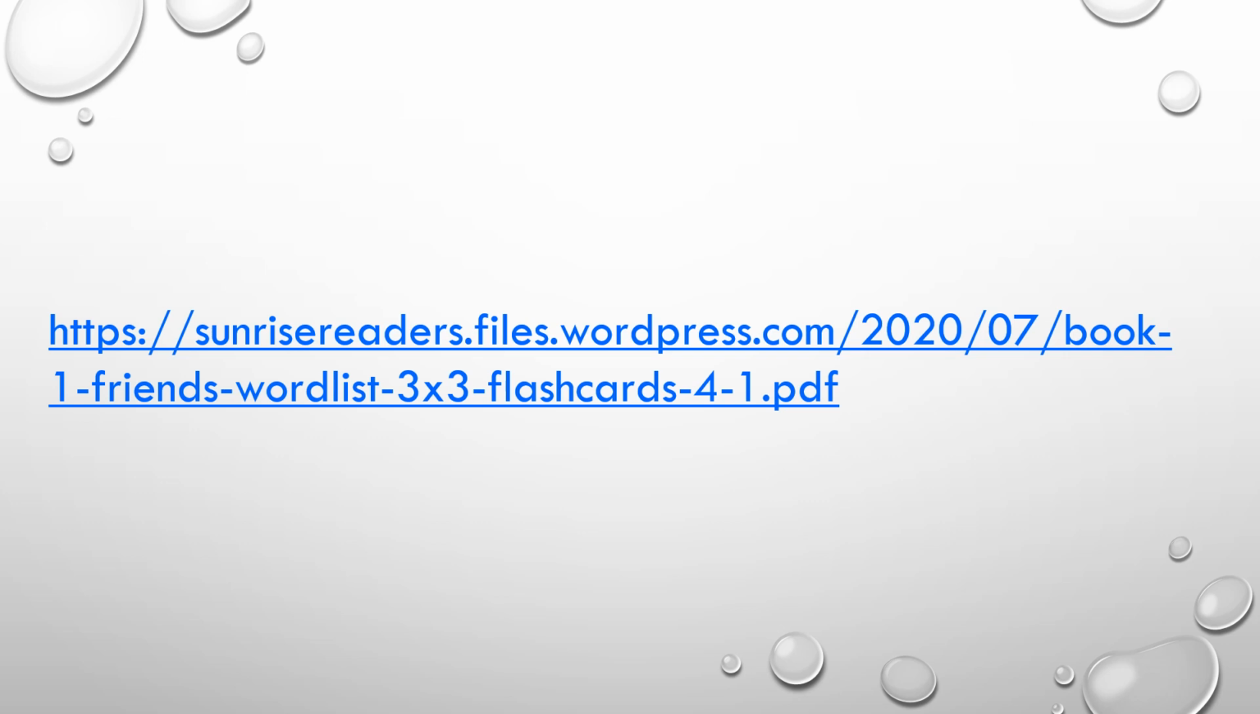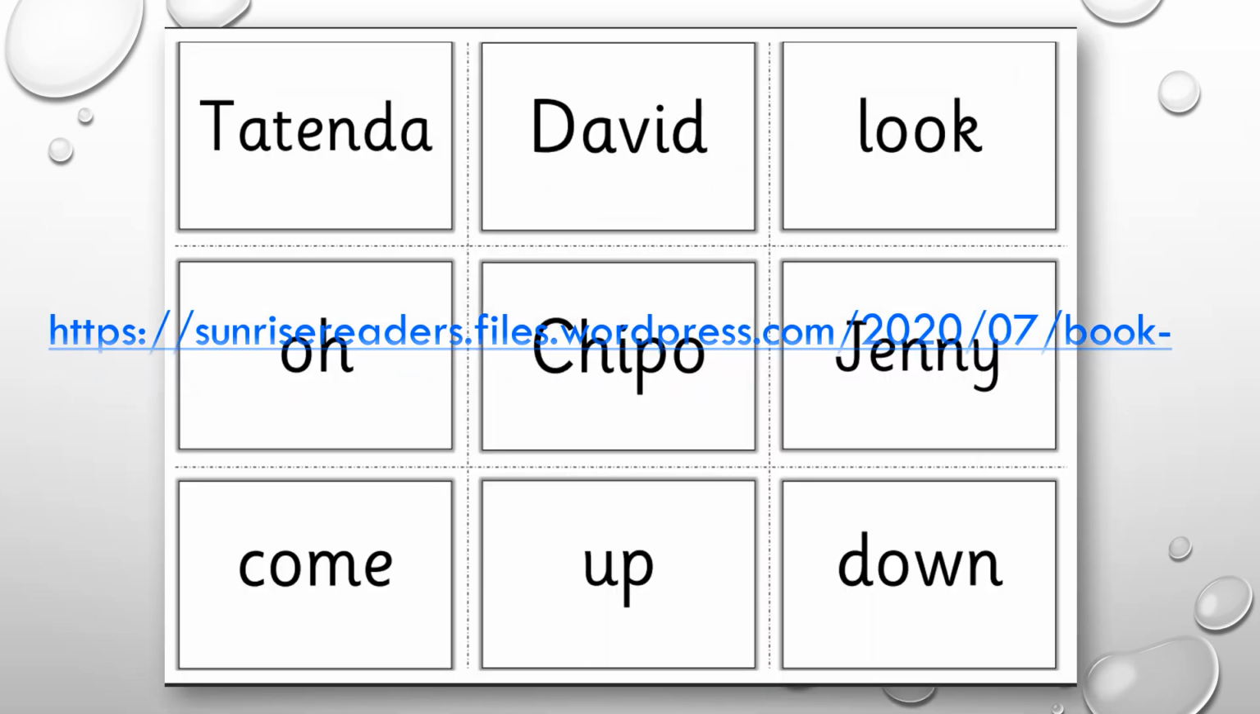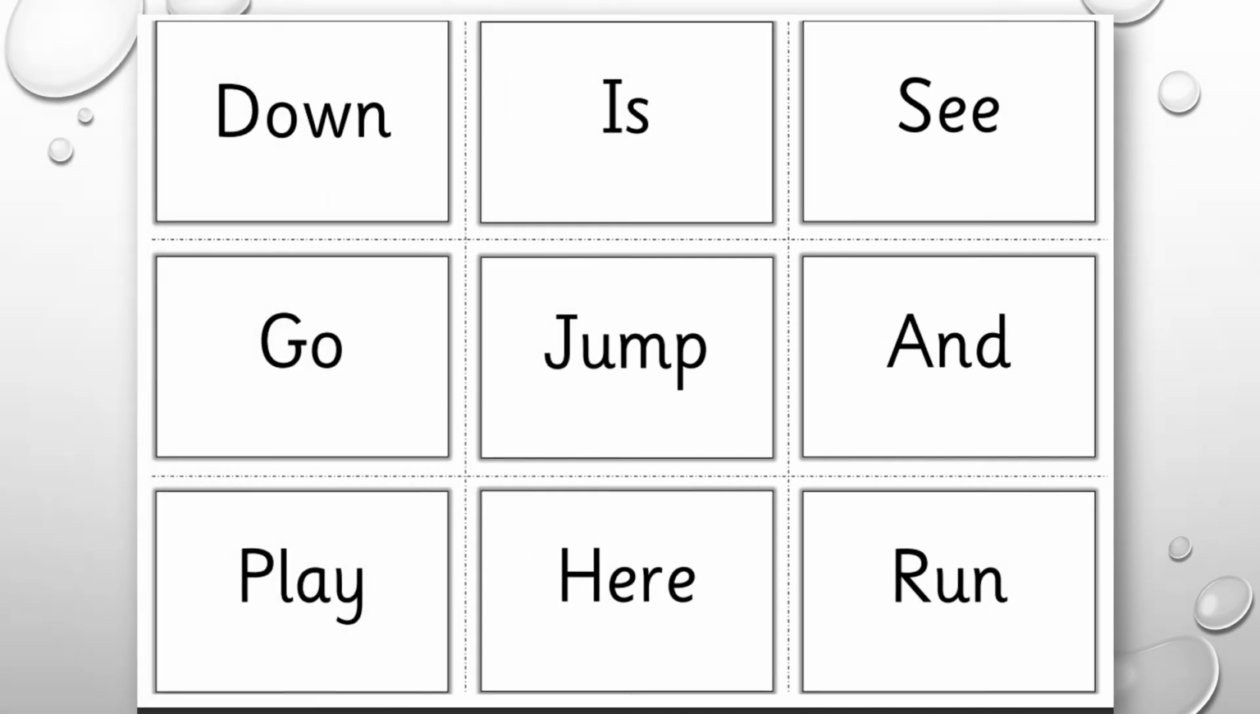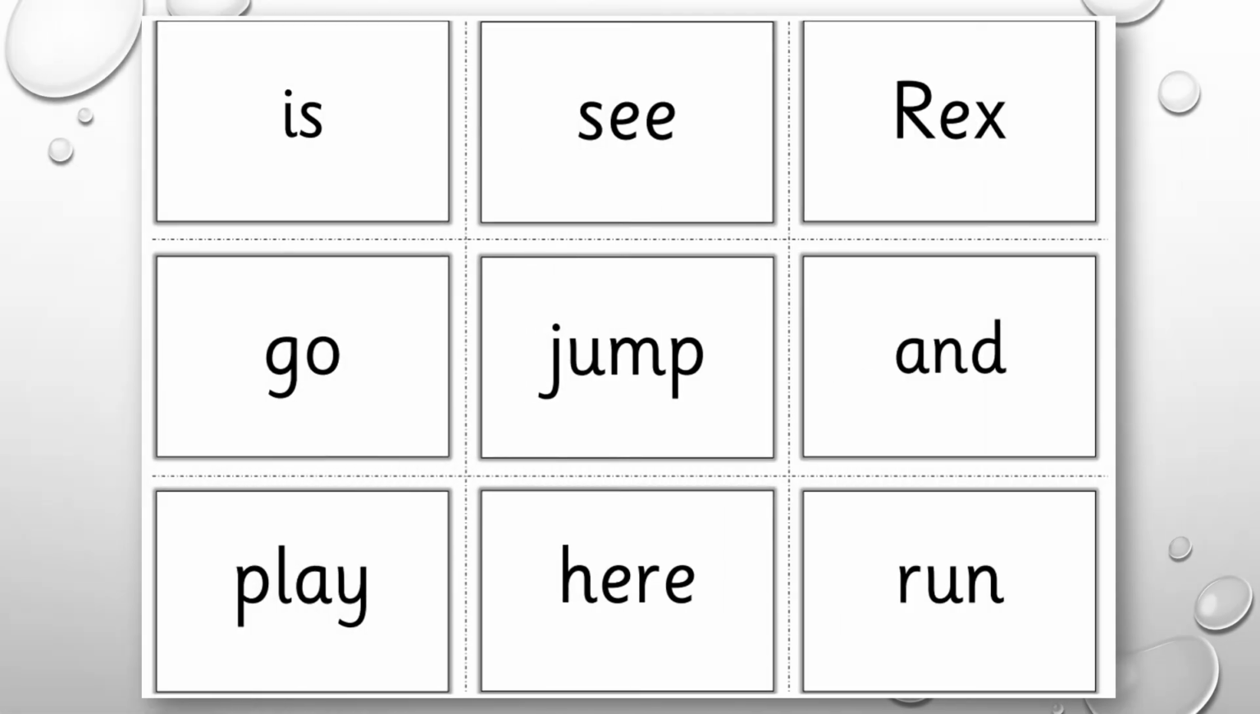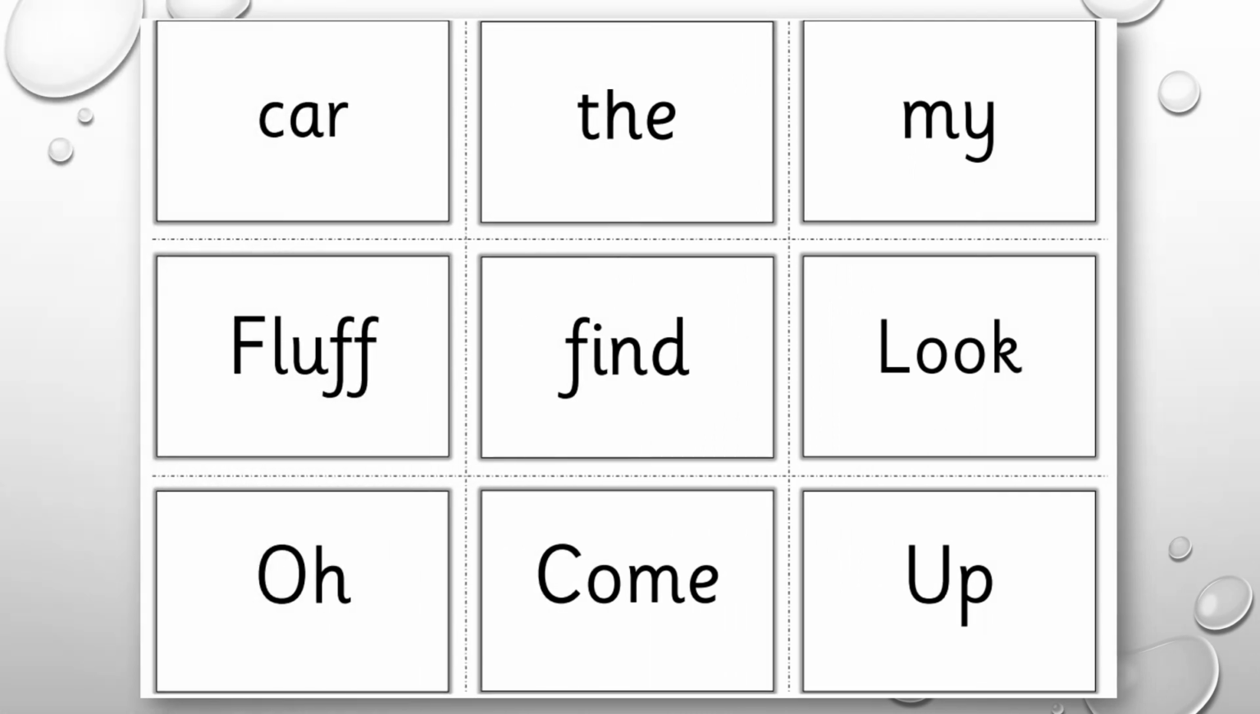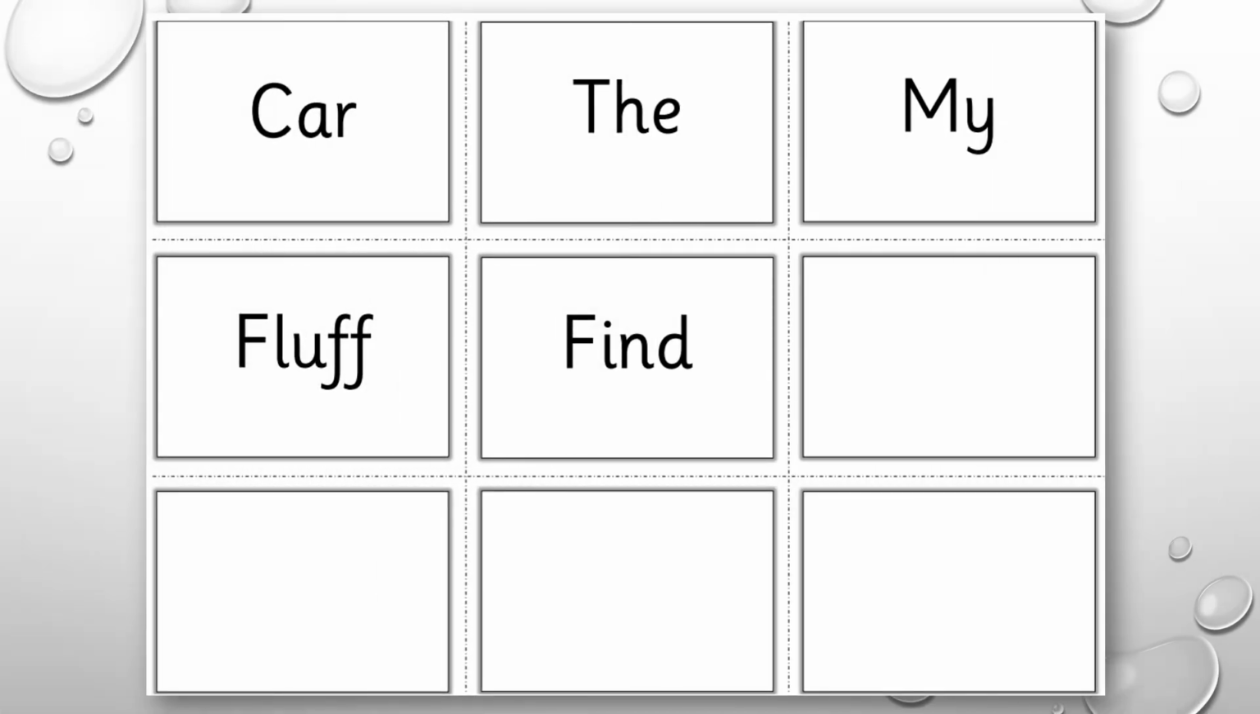Here we go. It says this: Friends word list, 3x3 flashcards, 4:1. That means there are several pages and they're all listed as a different link, which at first I didn't understand. So 4:1 will be these words. 4:2 will be these words. 4:3, 4:4, and 5. And all of these you cut along that dotted line,